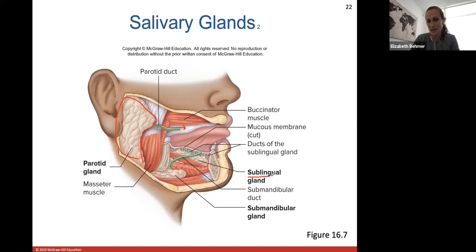The sublingual gland is located right below your tongue. Sublingual means below the tongue. And the submandibular gland is located right below the jaw, the body part of the mandible. And you can see here where ducts will enter the mouth, the ducts of the sublingual and the